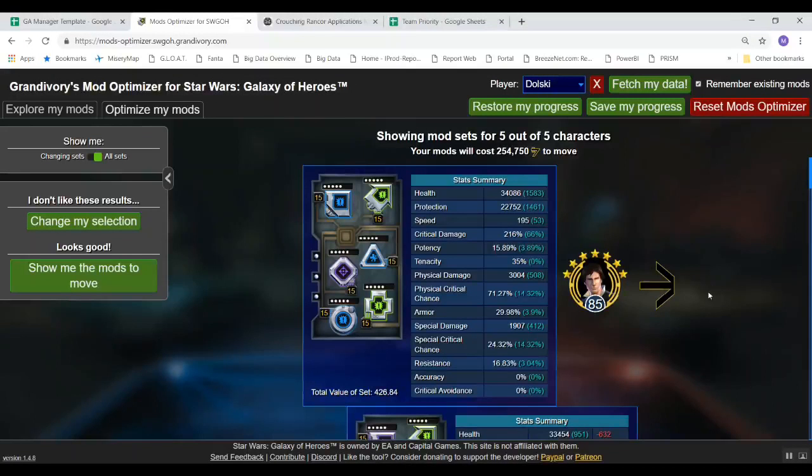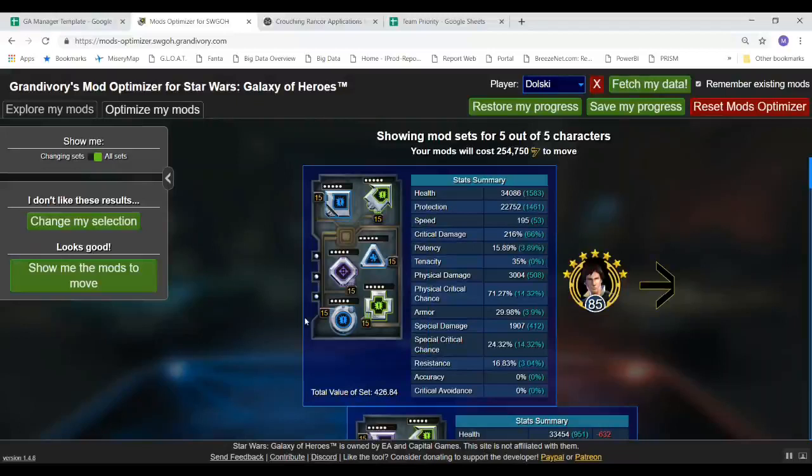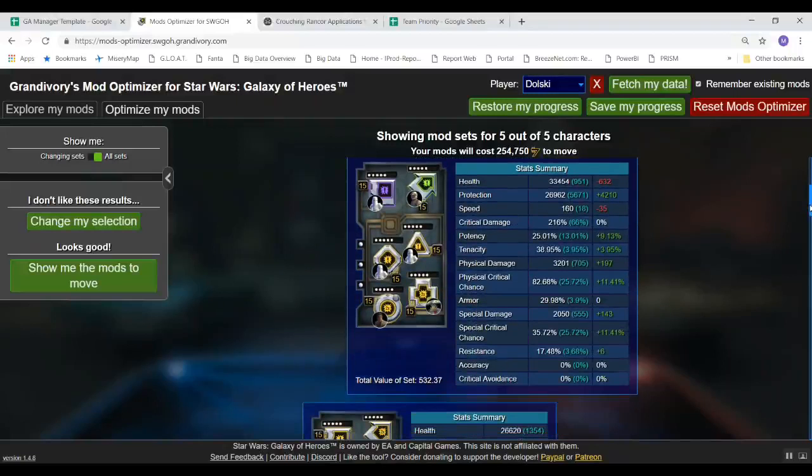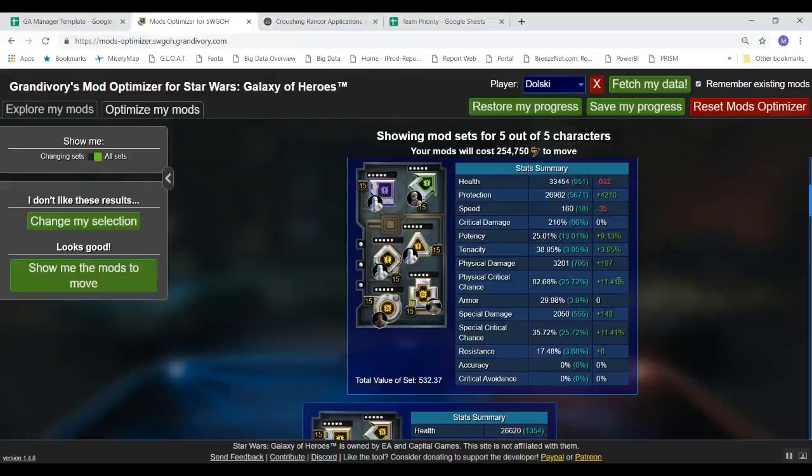All right, so now I've got my current Han Solo mods, which are a little bit of a mess, right? I do have my crit damage set on there, but I don't have a crit chance set. And his crit chance is still pretty good, right? 71%. All right, so let's see what I got here. Okay, so with that setup, it's having me move a lot of mods around off of other characters, but he got most of Snowtrooper's set. Okay, no problem. I've got his damage going up doing that,